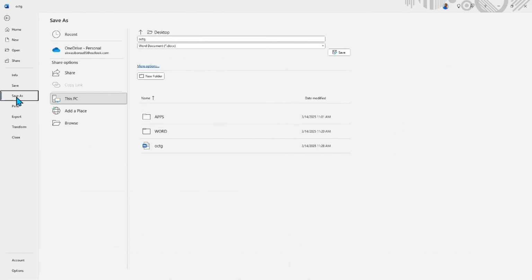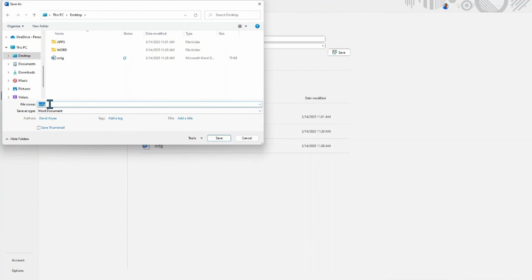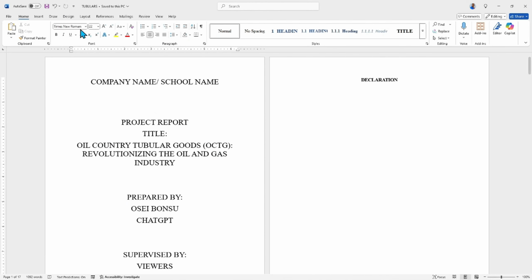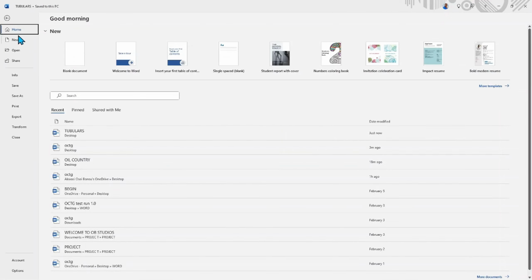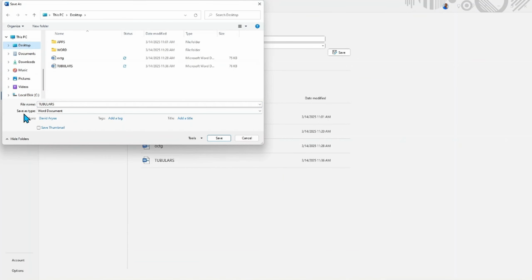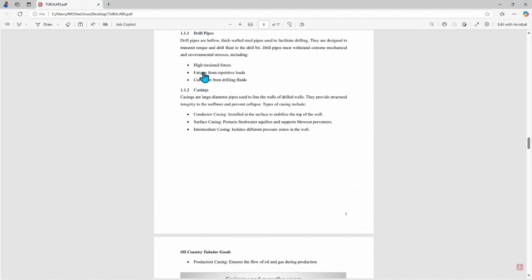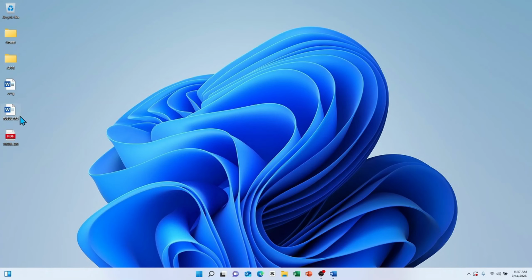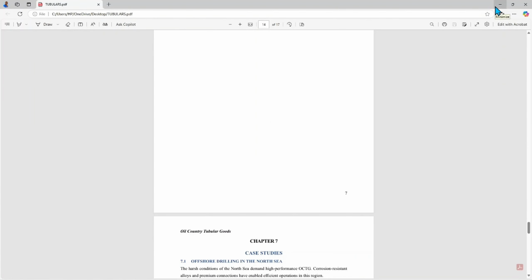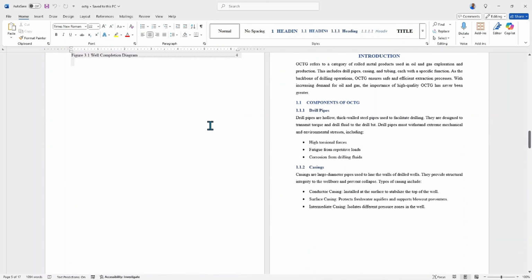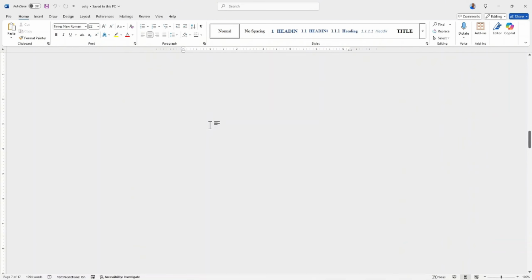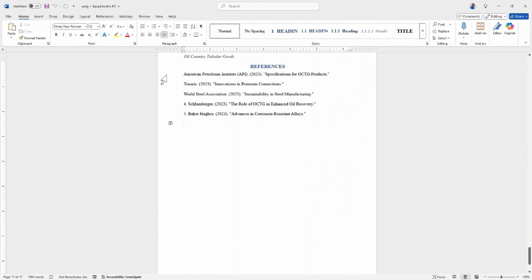Hello and welcome to this final tutorial in the step-by-step guide to completing your project works, assignments and reports using Microsoft Word. In this final tutorial, we will cover how to simply save your work in Microsoft Word and also in PDF format. But before that, my colleague just drew my attention to the fact that this referencing site needs